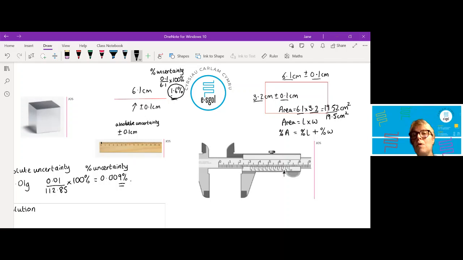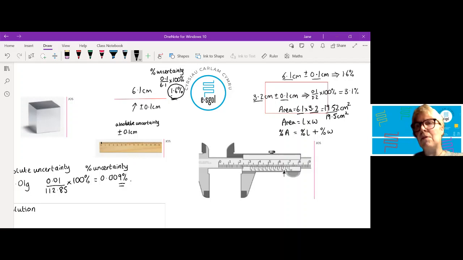Because we're using the length once, we're using the width once, so we add them up. We've already worked out this one. So the percentage uncertainty in 6.1 is 1.6%. The percentage uncertainty in 3.2 comes out to be 0.1 over 3.2 times by 100%. So that comes out as